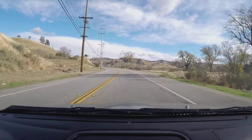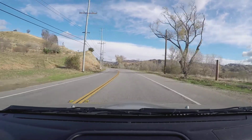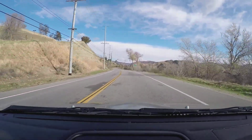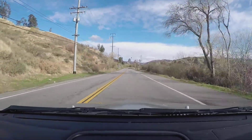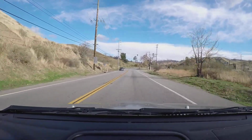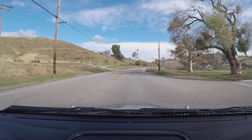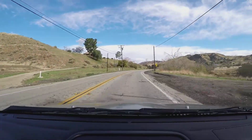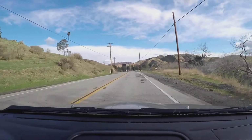I actually live right down the street from Lombardi, so I like to run this road a lot. When I first started driving, I came on this road a lot. This is one of the main roads that I drive with my friends. We love this road. It's a lot of fun, but it can be dangerous at times. It can be sketchy. The thing about Bouquet is that a lot of people have had accidents on this road. There have been people that died on this road,